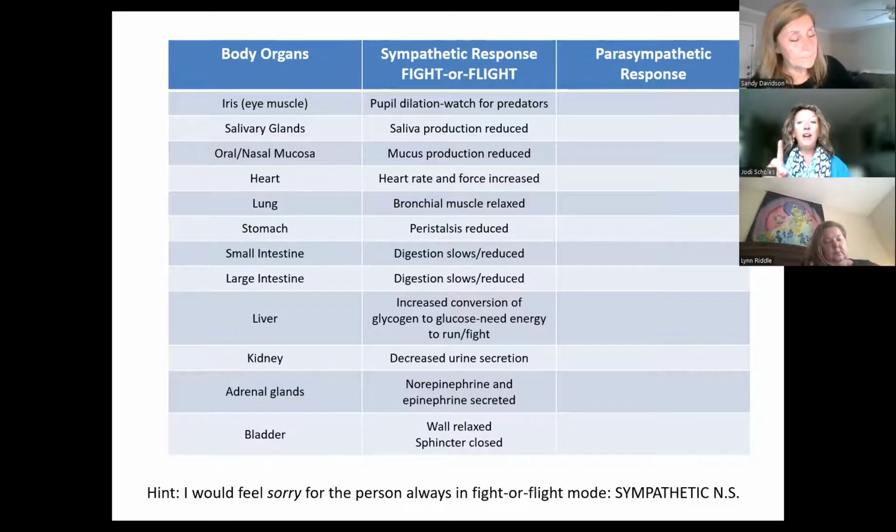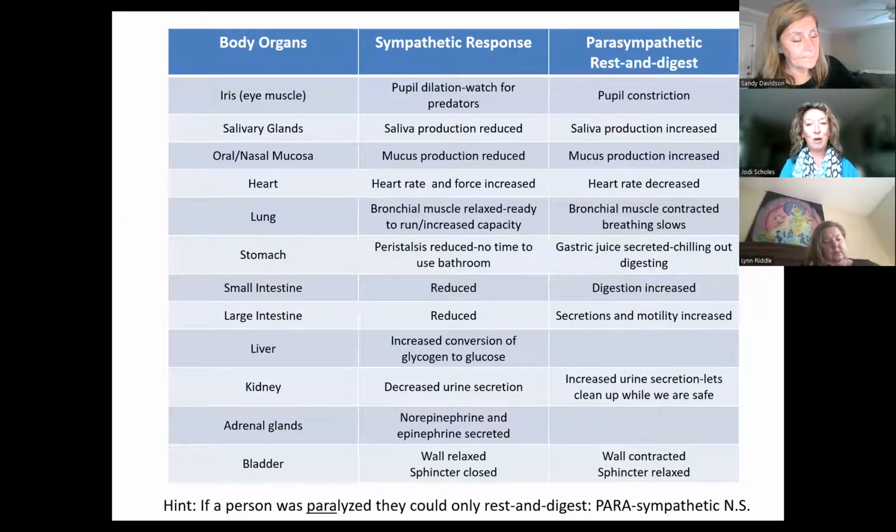Now this is compared to the parasympathetic response, which is exactly the opposite, right? In the sympathetic response, we reduce the amount of saliva. Parasympathetic, it increases because digestion increases, and saliva is actually the very first step of digestion. Yeah. So when you chew, it's not just to like moisten the food.